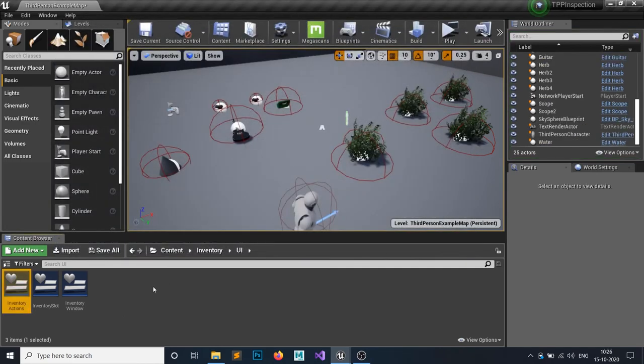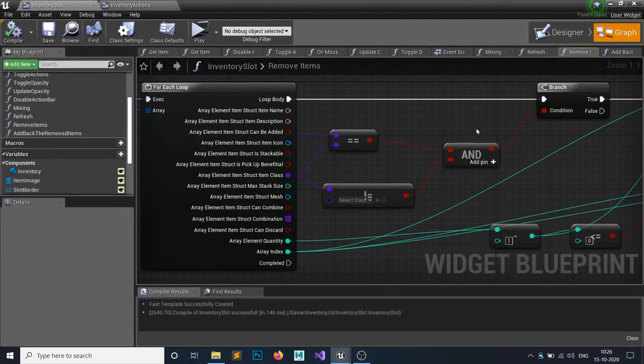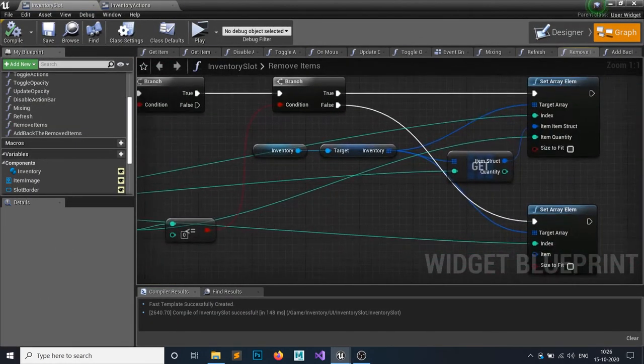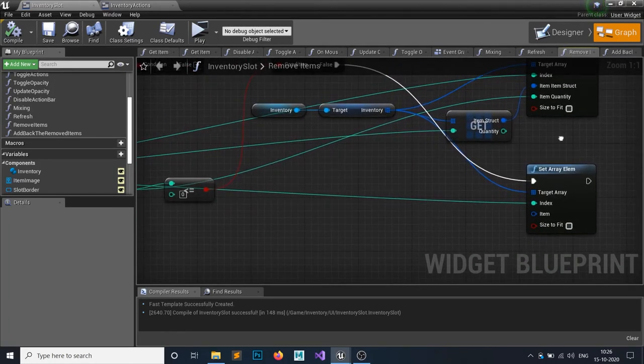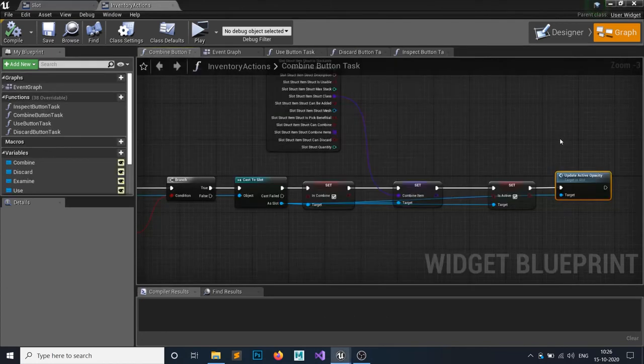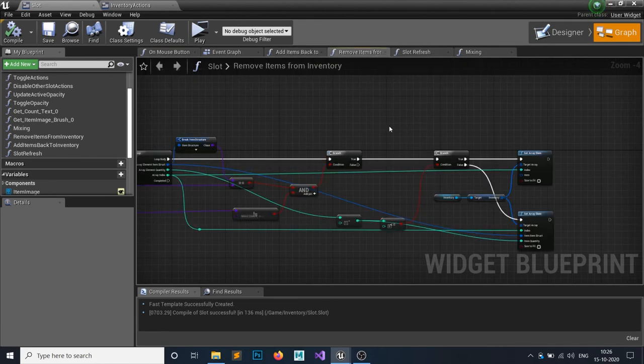So it's just the removing part that is buggy. Let me just see that real quick, the removing part.